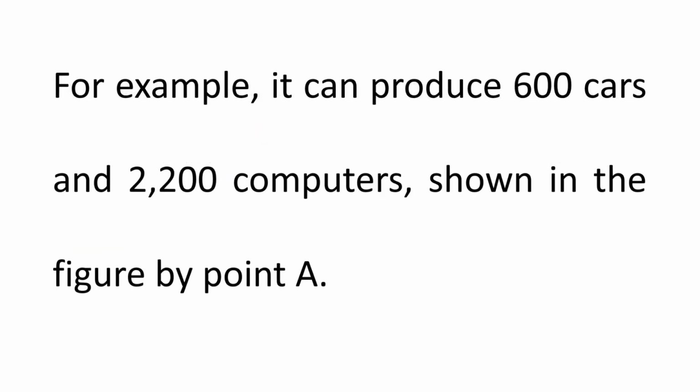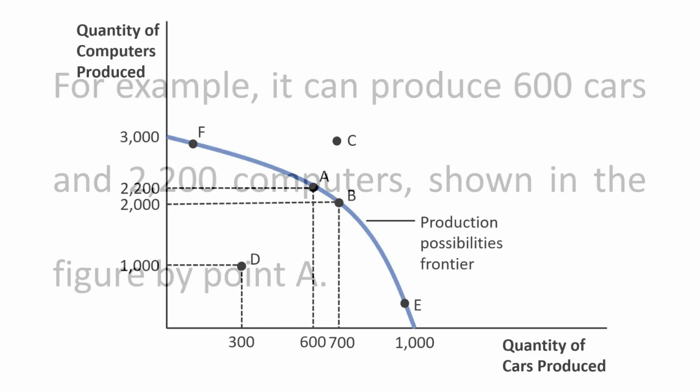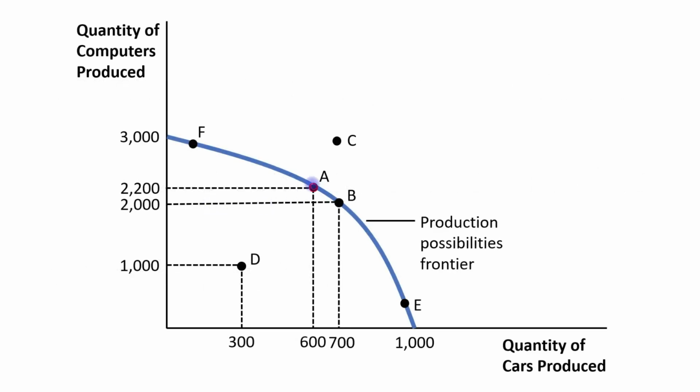For example, it can produce 600 cars and 2200 computers shown in the figure by point A. So if we see at point A, it lies on the production possibility frontier. So if the economy divides all its resources between computers and cars, then as we can see at point A, 600 cars have been produced and 2200 computers have been produced. Okay,